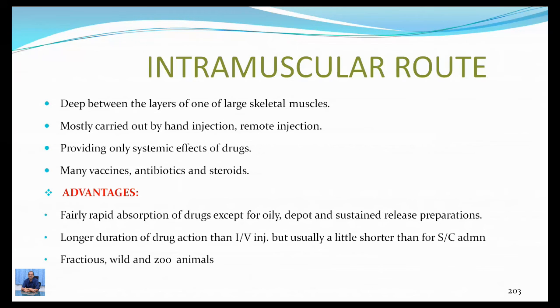So an intramuscular injection can be given, and the animal may be anesthetized, or any antibiotic, etc. can be given by the intramuscular route. That's one of the advantages in case of wild animals also. In case of crocodiles and other reptiles, this route of administration is most advantageous, because there we cannot get the vein and other things so easily. In case of a tortoise, the injection is given inside the thick tough coat. Inside that coat it is given, and the leg is pulled and the injection is given.